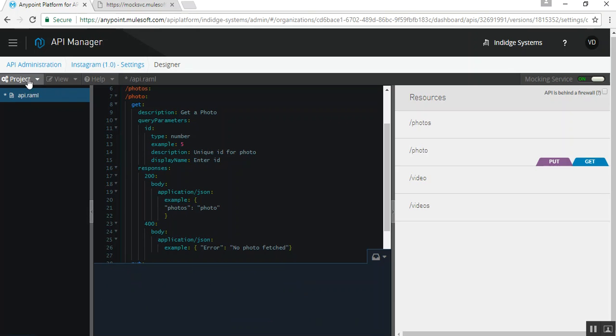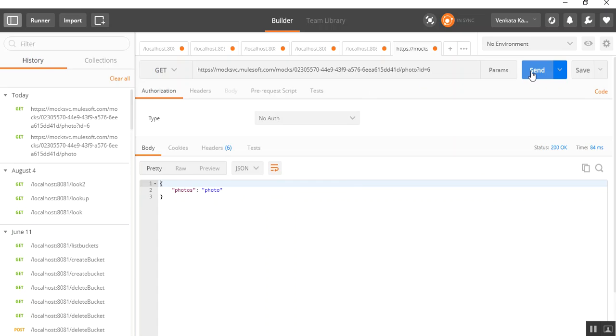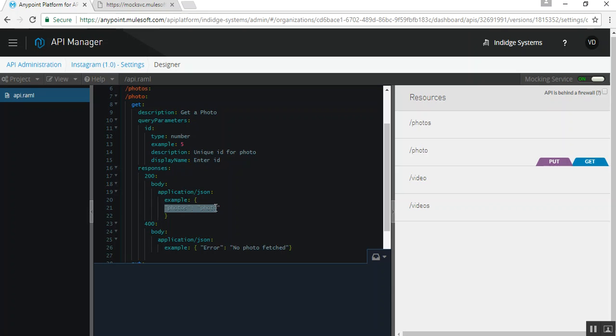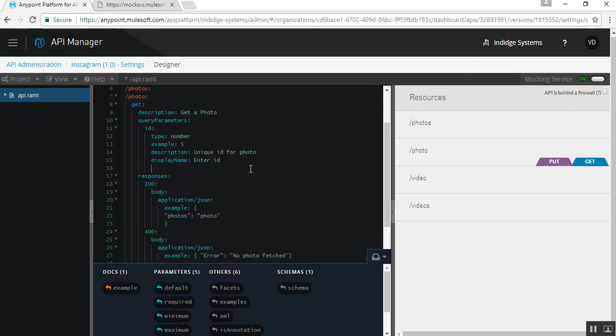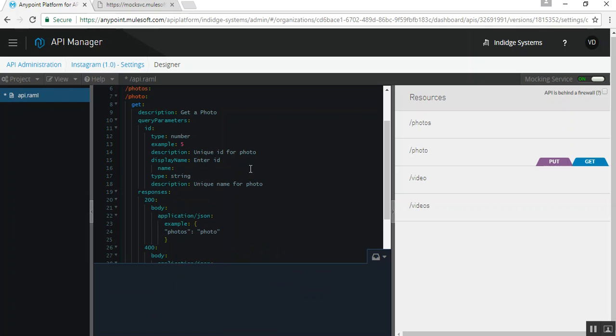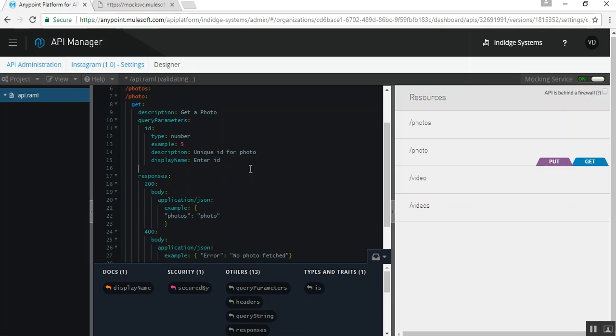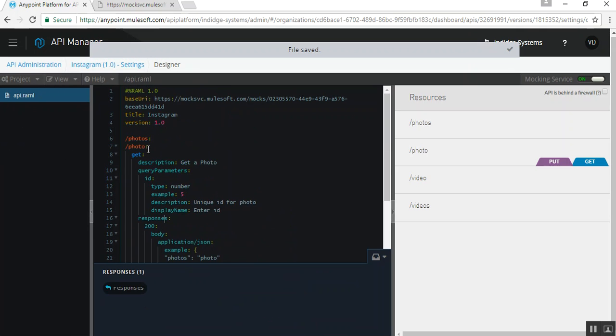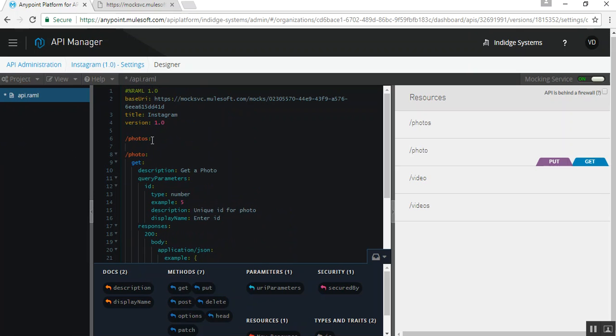For now I'll remove. Okay, photo. So this is the successful response I have in my mind. Okay, we can forget about the name. Okay, no, for now I'll just enter